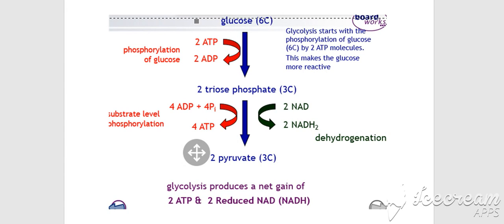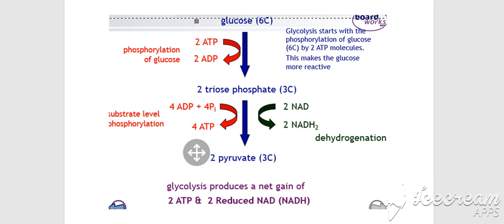So the glucose is broken down into triose phosphate. It will use 2 lots of ATP in order to do this, and it goes from a 6-carbon compound into 2 lots of the 3-carbon, which is triose phosphate. We've then got the substrate level phosphorylation, because ADP, 4 lots of it, will combine with the Pi to create 4 lots of ATP. So the triose phosphate will then produce 2 lots of pyruvate, and this is substrate level